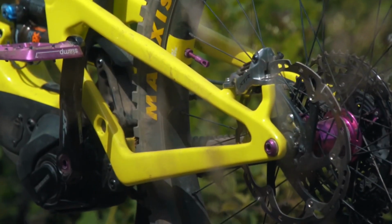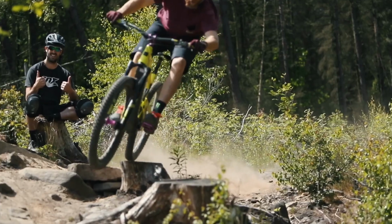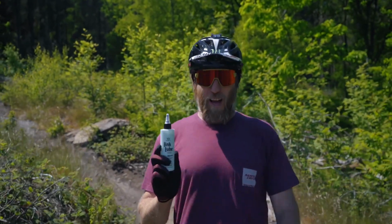Third, you've got to wait for it to dry clear before riding. This makes sure the waxes are completely dry to prevent dust sticking to your chain. Fourth, go out and pin it. And don't forget, Link Lube Dry for when it's drier than a